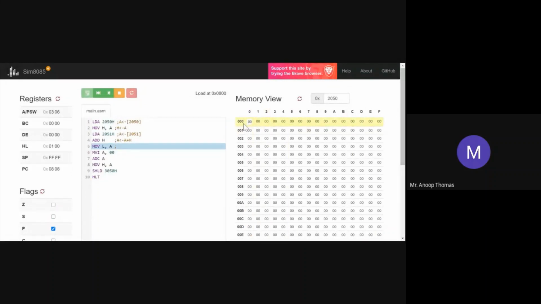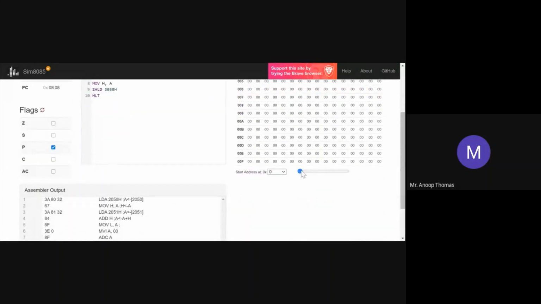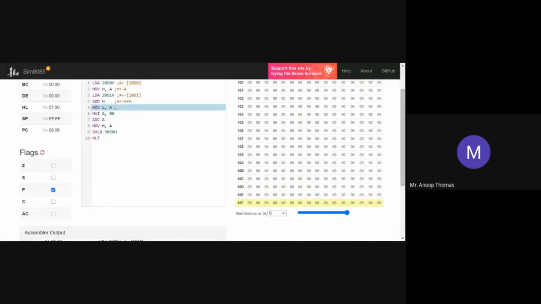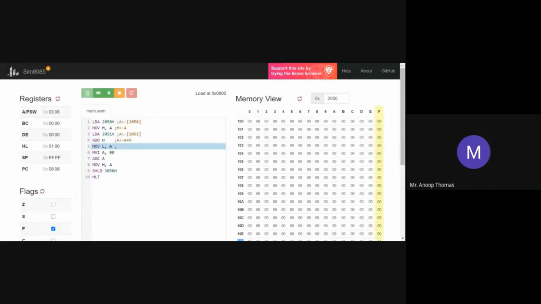This is your memory address. You move along until the last address in this particular setup, which is 10FF. It's a matrix form, so you can logically analyze it. This is how the memory is shown here.